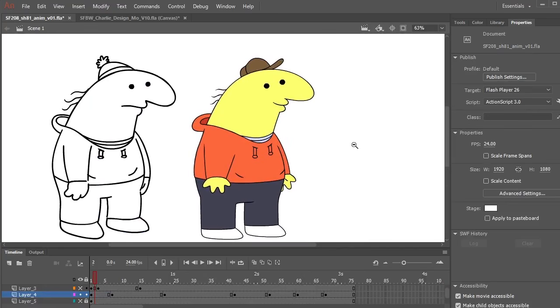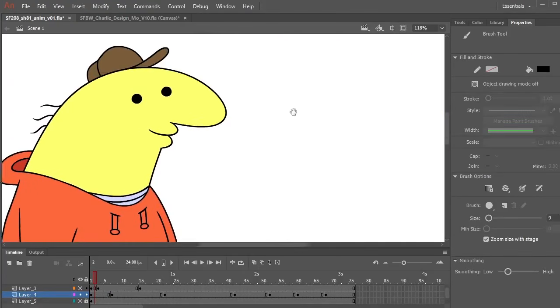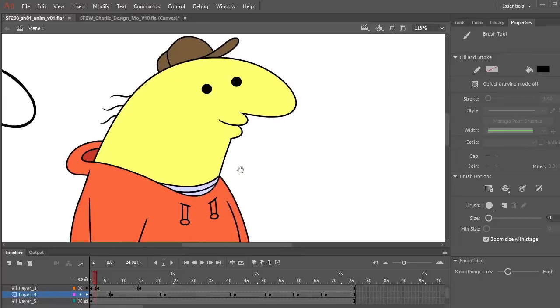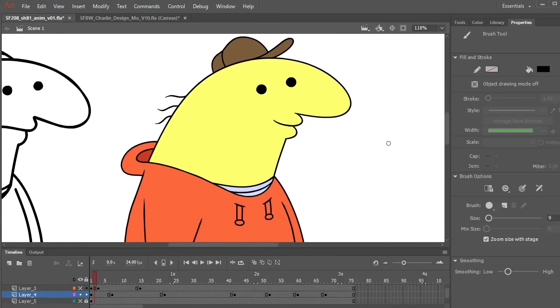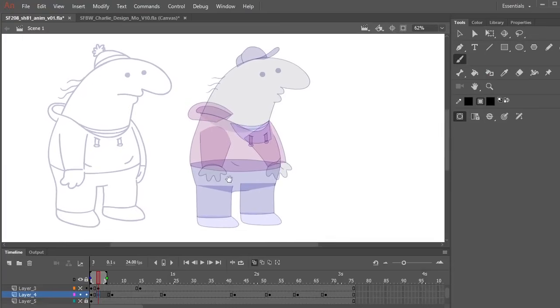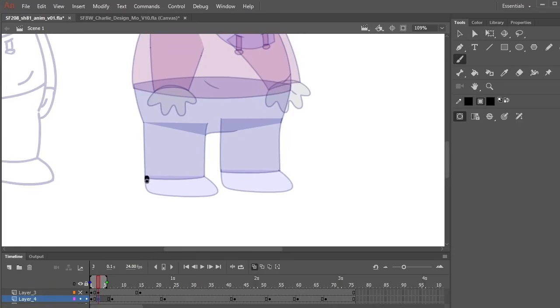Okay, now when I do my roughs, I use the brush tool. You can do whatever you want, of course. I just find the brush tool is easier to draw with, especially if it's a thicker brush. And it doesn't really matter what brush settings you use for roughs because it's not going to be seen on the screen. Okay, so that's your build, and that's in there for reference if you don't know how to draw the characters. Now, you don't have to be super on model. It's better if the character looks interesting.